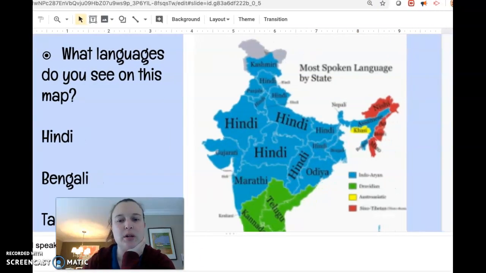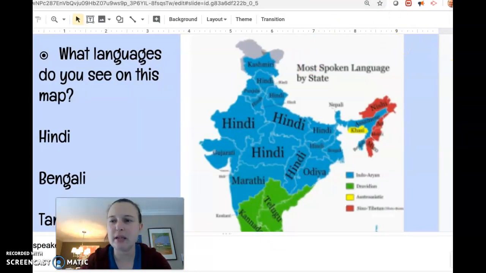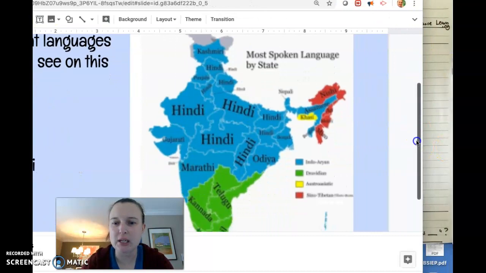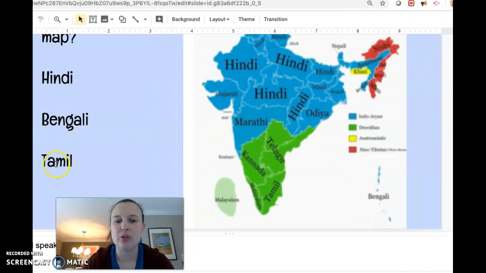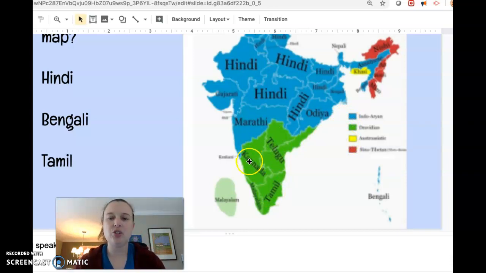The other one is called Tamil, and let me get my screen correct here. Tamil is spoken in the south, so the other language is Tamil. I can see it way down in the south. So in the south, you can see based on this map, there's different language families, and all these green languages are like cousin languages to each other. They're called Dravidian, and so they have a certain foundation. Those languages are kind of similar.